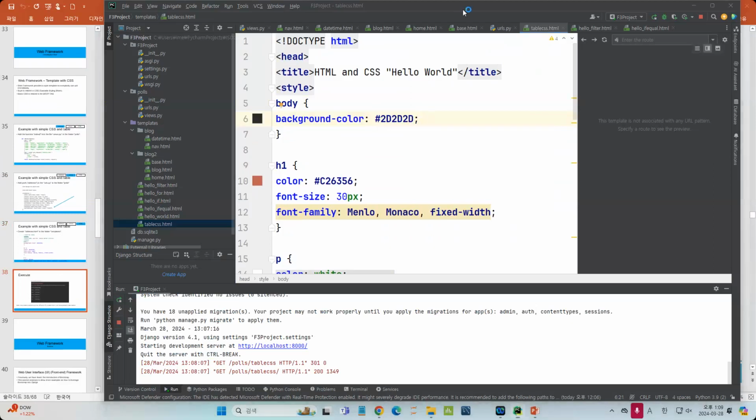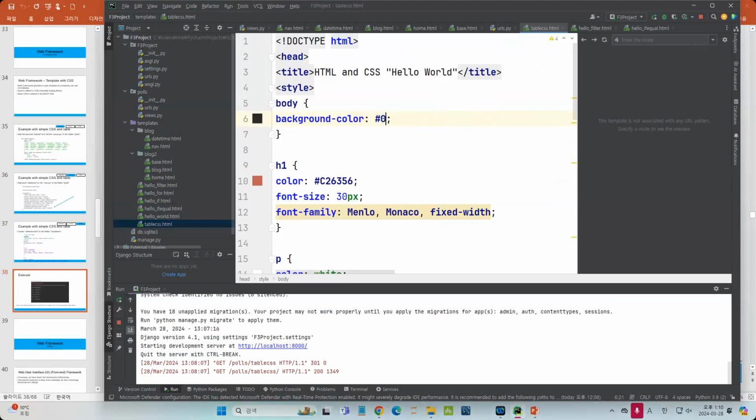In hexadecimal, we have values from 0 until 9, and from A until F. So the maximum is F, F, F, F, F, F. The minimum is 0, 0, 0, 0, 0, 0. And the 0, 0, 0, 0, 0, 0 is the